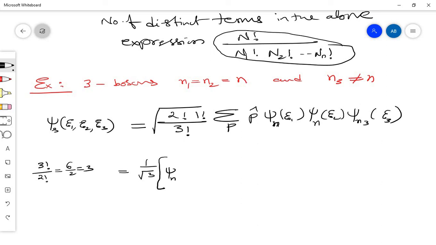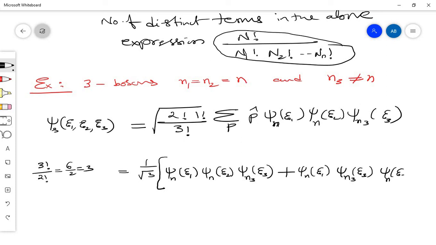That is psi n E1, psi n E2, psi n3 E3. Next term will be interchange now. 2 and 3 interchange. Psi n E1, psi n3 E3, psi n E3. Okay. Then last